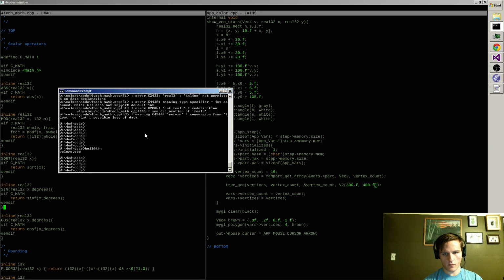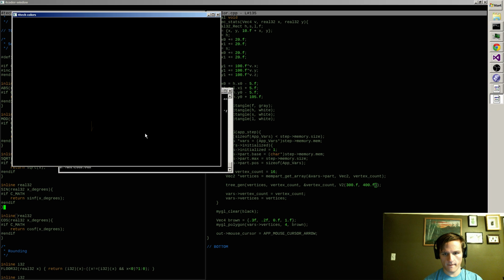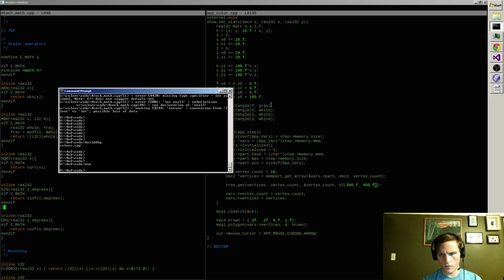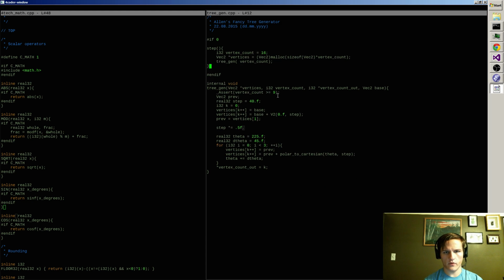Alright, let's see what happens if we run it. Not what I was expecting. Okay, let's look at the tree again. So it starts at the base, it moves up. Well, that's actually moving down. Theta plus equals d theta. So that should produce